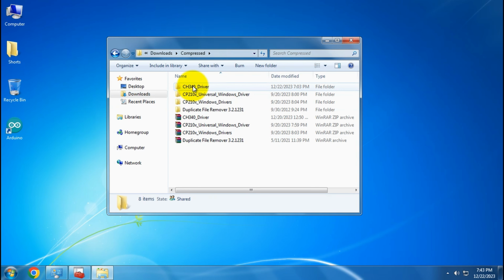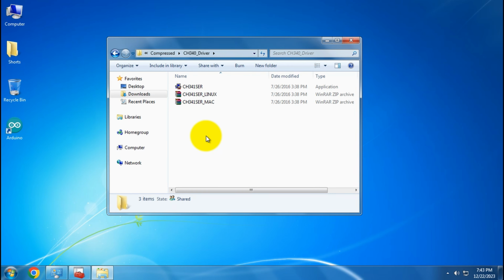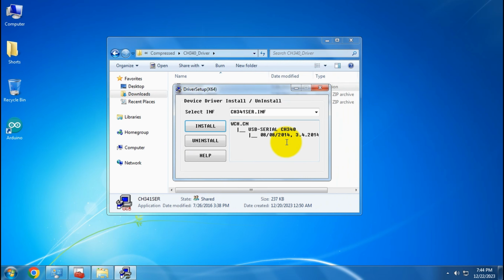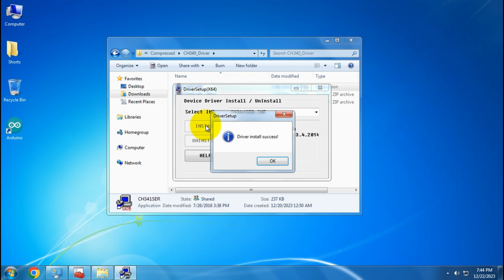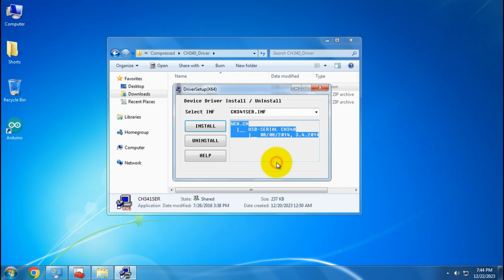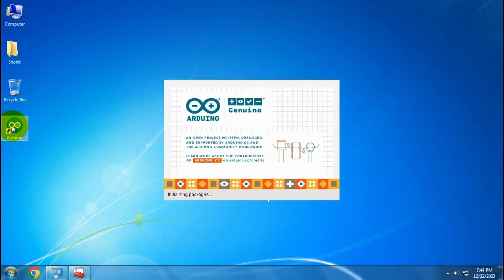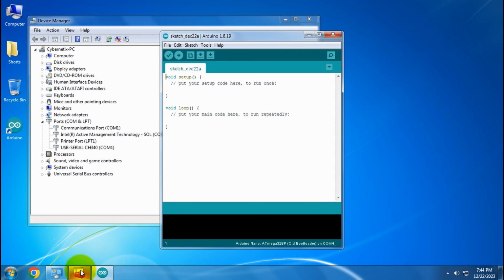Then, I install the driver for the Nano board. Driver CH340 of the USB interface chip on the Nano board has been installed successfully. It is displayed in Device Manager like this.